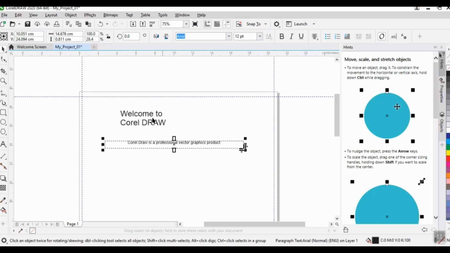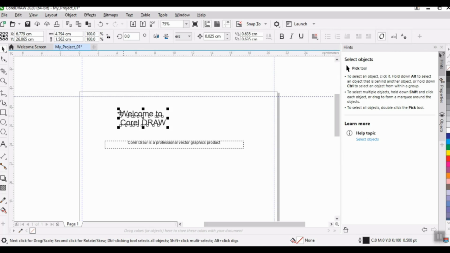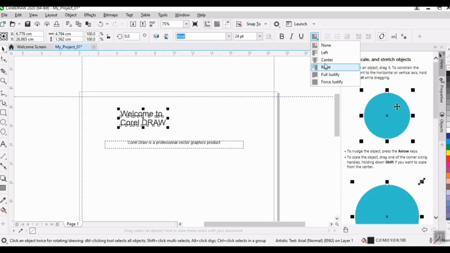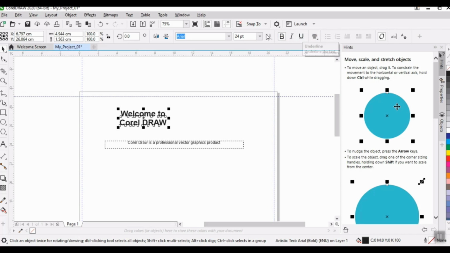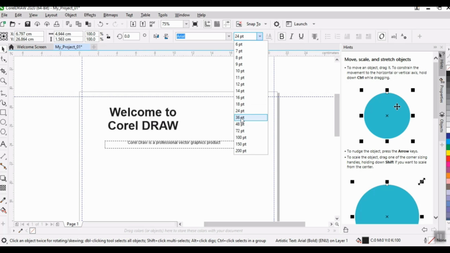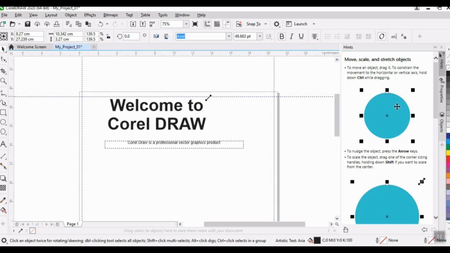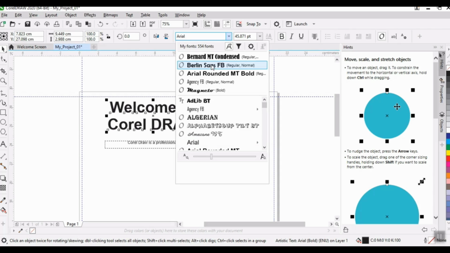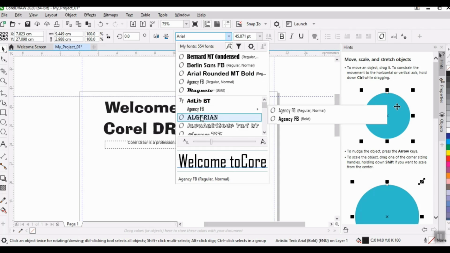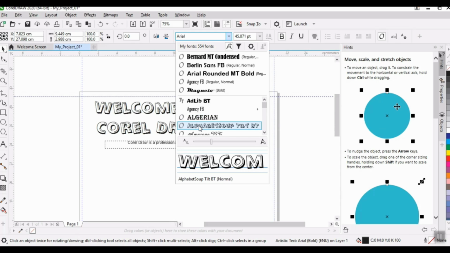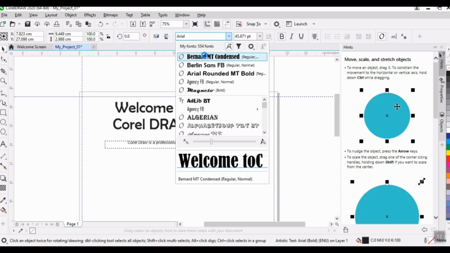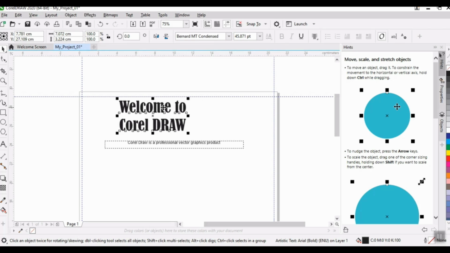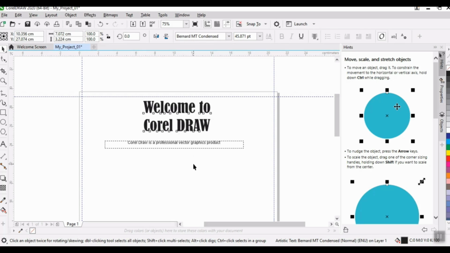Click here, center, click here. If you want it properly centralized, click here, click on the center, bold it, italics, underline. These options are available. Change the font size through this. All the other options are to stretch the corners. Change the font through this. With the help of the mouse, arrange it in a proper space.